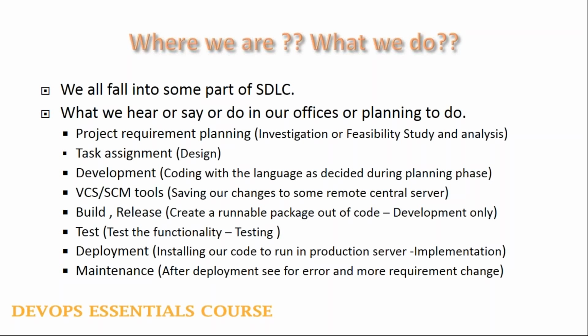Then deployment, once the code is deployed, then you need to install the production version. Production version means you are going to install the code in the production phase. Production phase means once the code is deployed, then you need to install the production version. Production version means